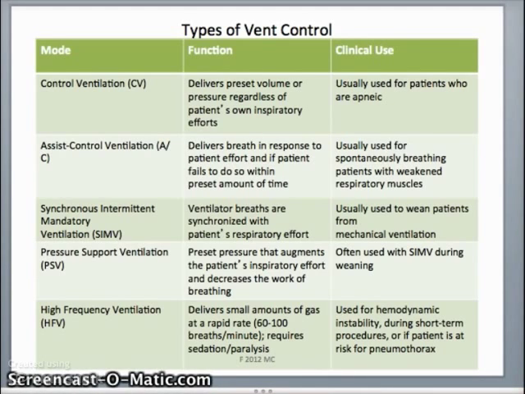Synchronous intermittent mandatory ventilation, or SIMV, okay? This synchronizes breathing with what the patient's respiratory effort is, okay? So the patient has a preset volume of air that they're going to get no matter what. But this particular mode will let the patient receive air only in the amount that they can move on their own. So for example, if a patient takes that little teeny baby breath in,